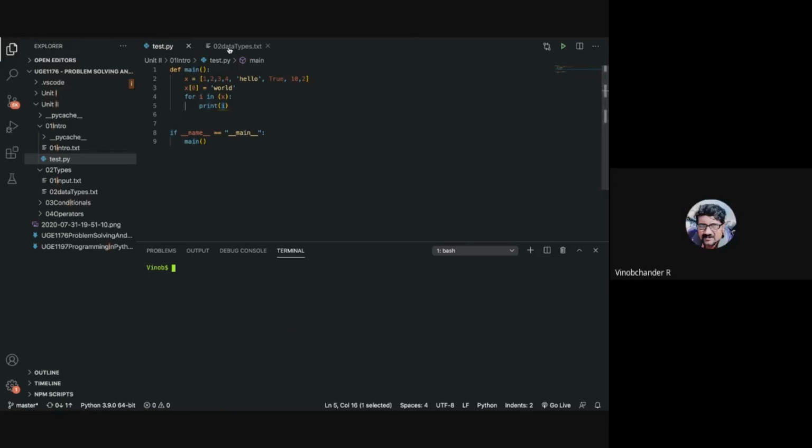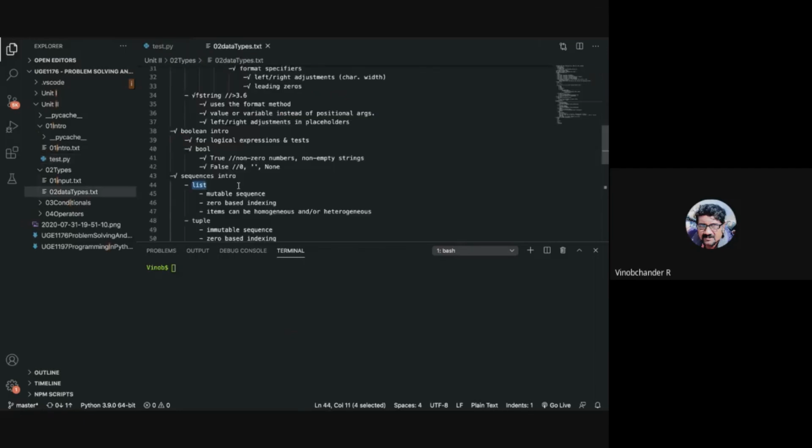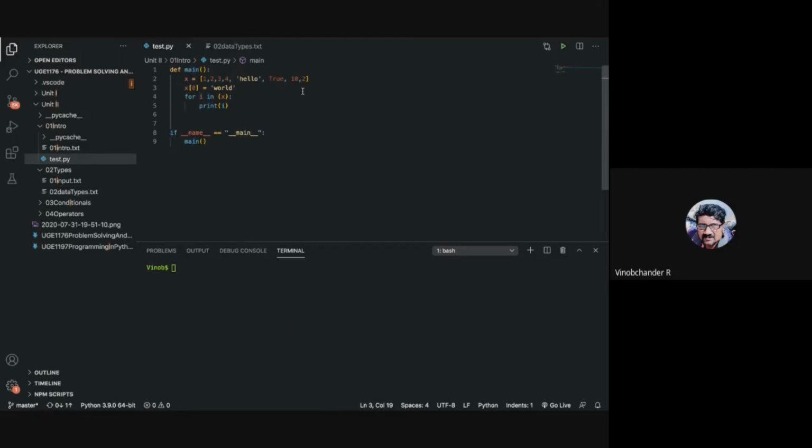Right, guys. Let us check if we have covered all the points. Lists are a mutable sequence. Lists make use of zero-based indexing, and items can be homogeneous and/or heterogeneous. Our next sequence is tuple, right? So tuple is similar to list, except that tuples are, any guess?